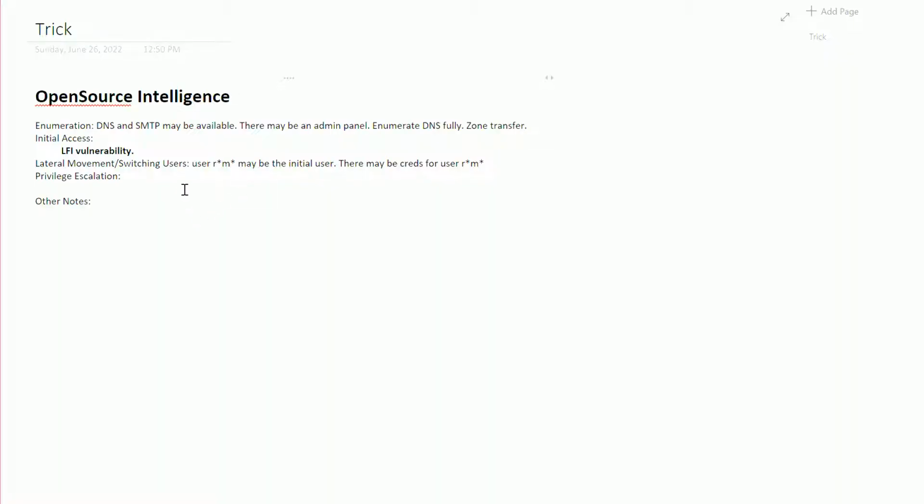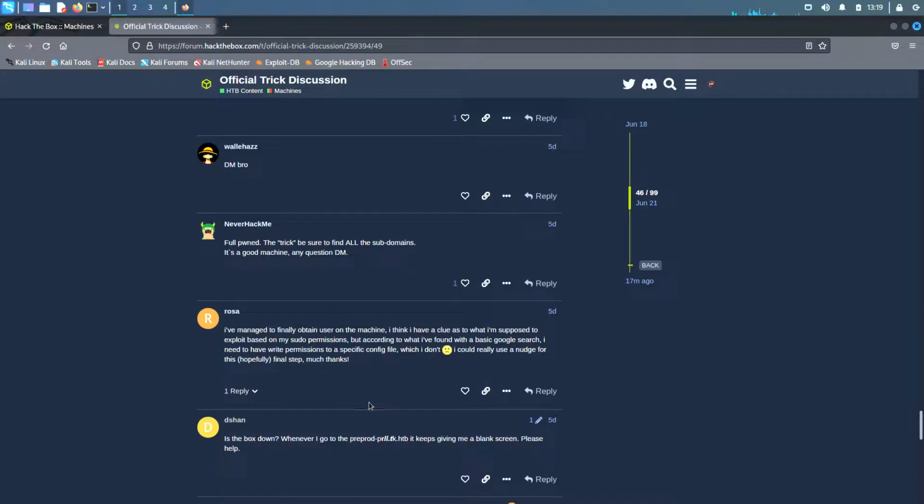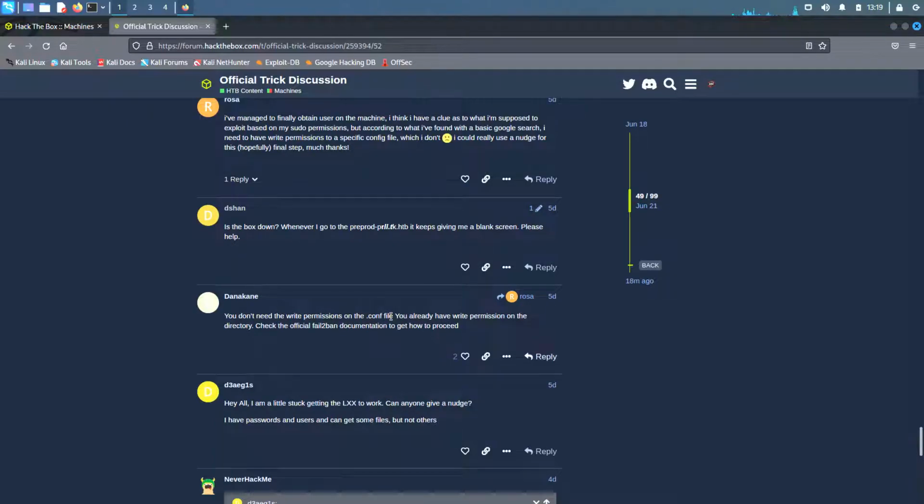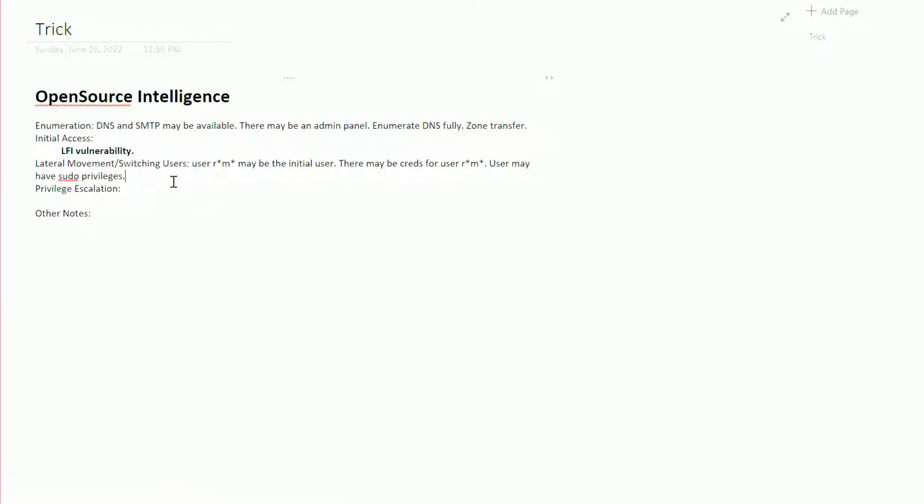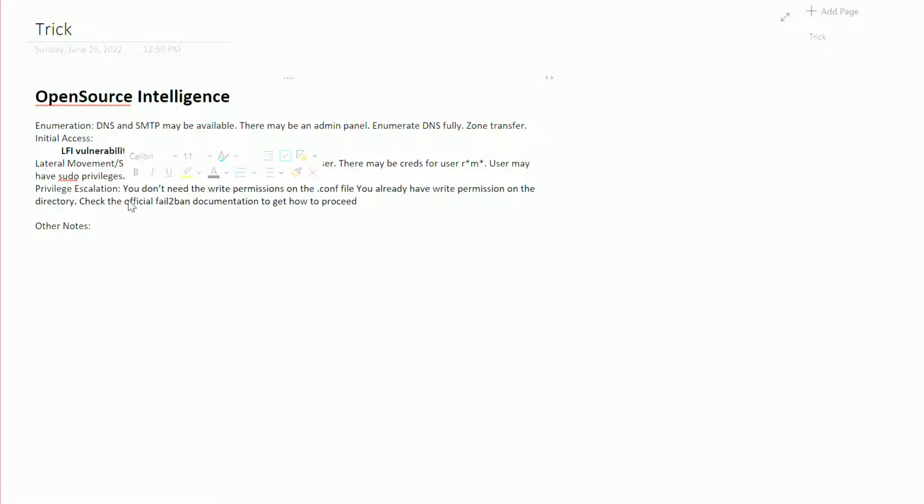Okay, so it looks like the user may have sudo privileges, which is huge. Keep going. So box down, you don't need write permissions on the conf file. So there's a conf file. Oh, might need all of that. I need all of that. I think that's going to be privilege escalation, and we'll just italicize that so we know that it is